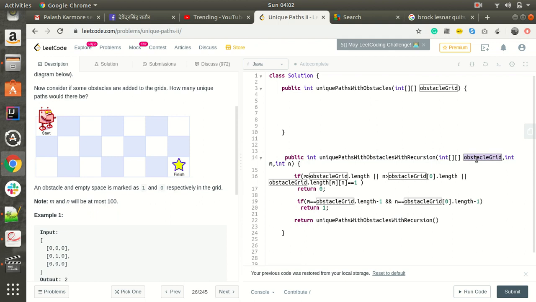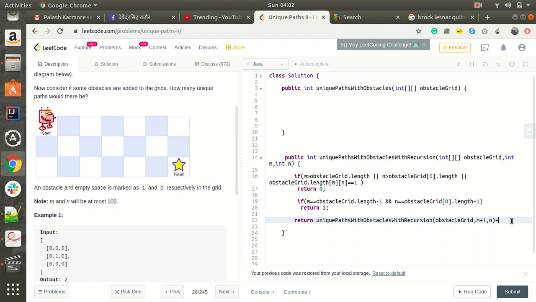So obstacle grid m and n. So what we'll do is m plus 1 if it is going right side, m plus 1, and n plus 1 if it is going downside.